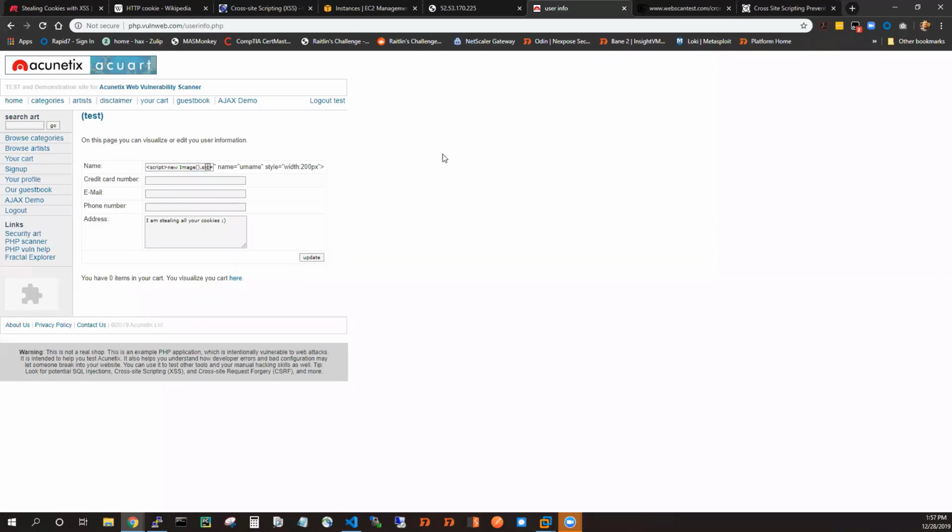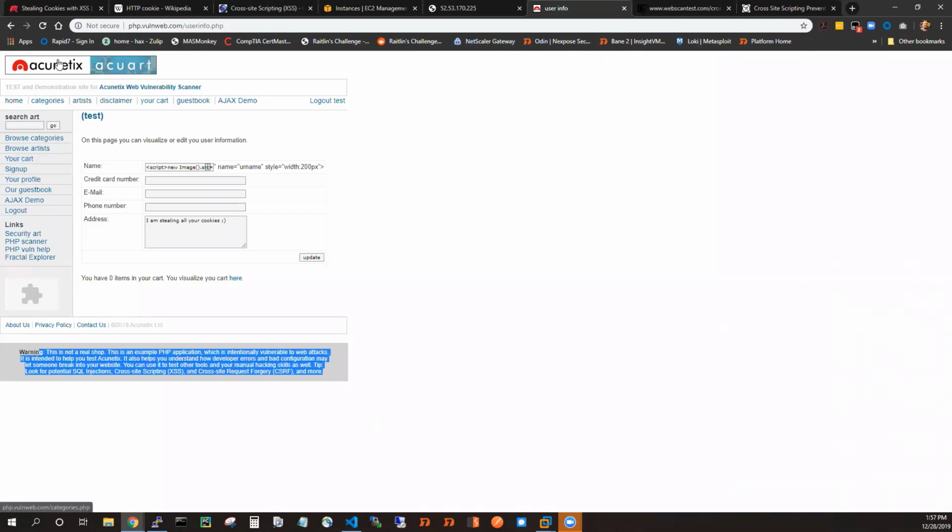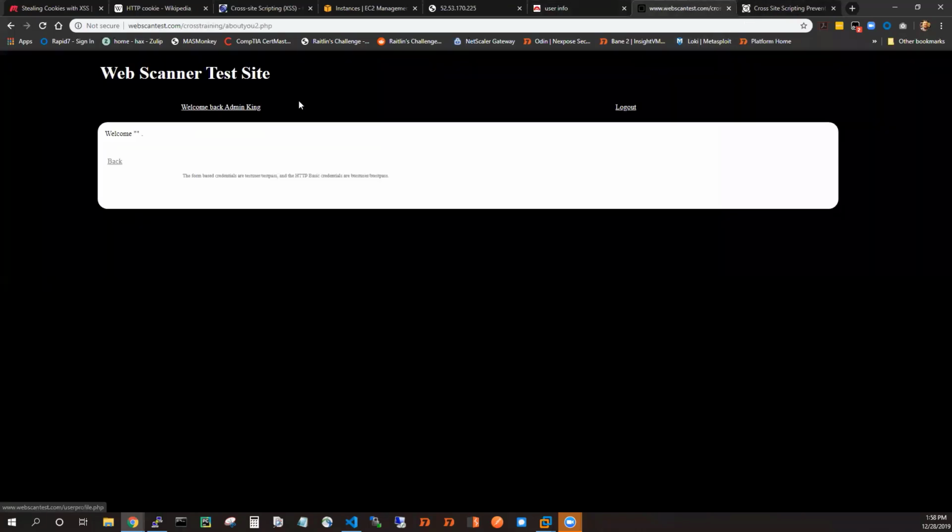But feel free to play around with this application with XSS. Another good one is the DVWA, the Damn Vulnerable Web App, that has a good tutorial for stored XSS. That's actually kind of where I started and learned a lot of these things. So finding the public stuff is hard, but there's plenty of sites out there that are specifically for being attacked, either via some third-party vendor's application,